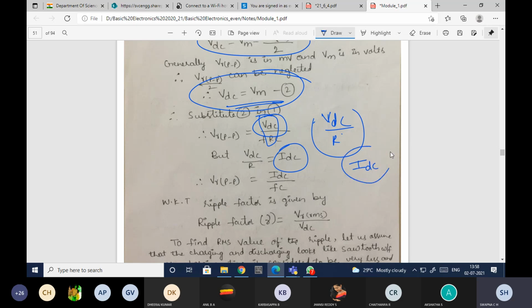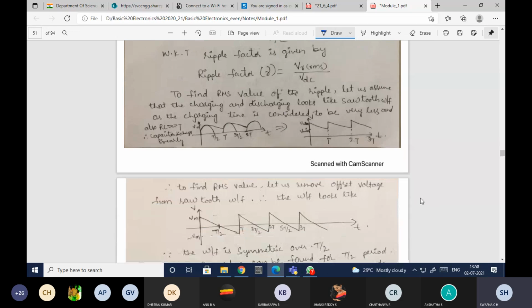In that case, it will help you. Then I need to find the ripple factor. Ripple factor is nothing but VR RMS divided by VDC. So this is the ripple, and this blue one is the output signal. So what I have done is approximated it to